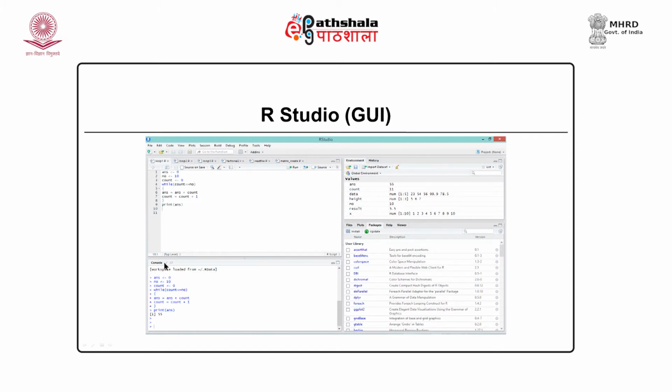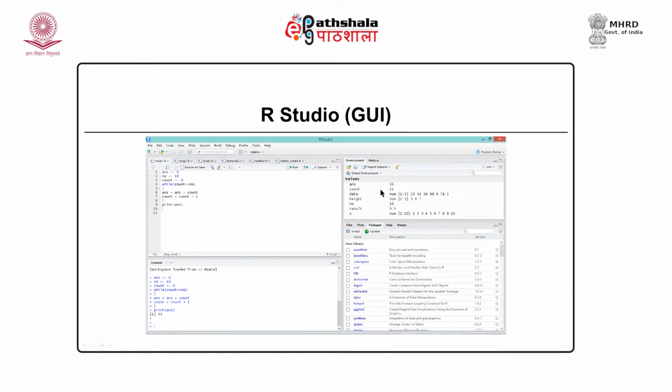This is the console which provides the output window. As you can see, after executing this program, we are, for instance, printing the answer and it is displayed over here. 55 is the answer which is being printed. So, this is the window through which we can observe what is being executed, and we can also display the final output of our program.